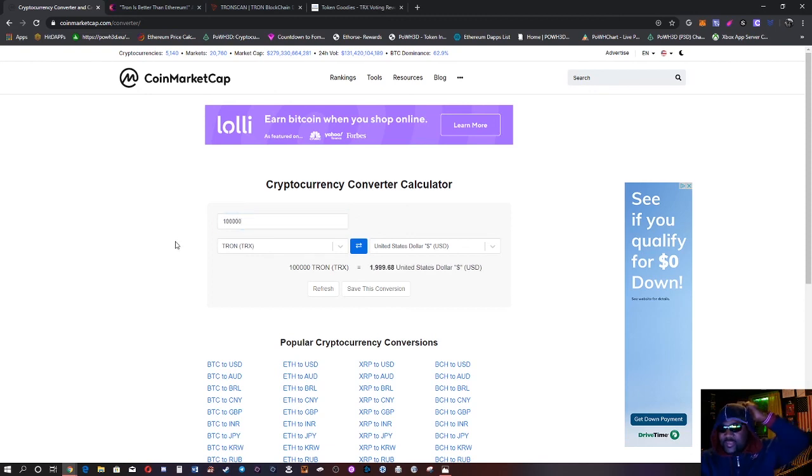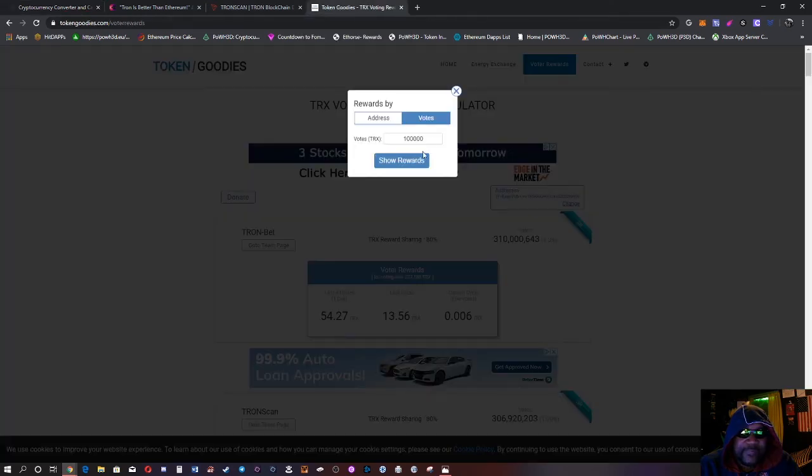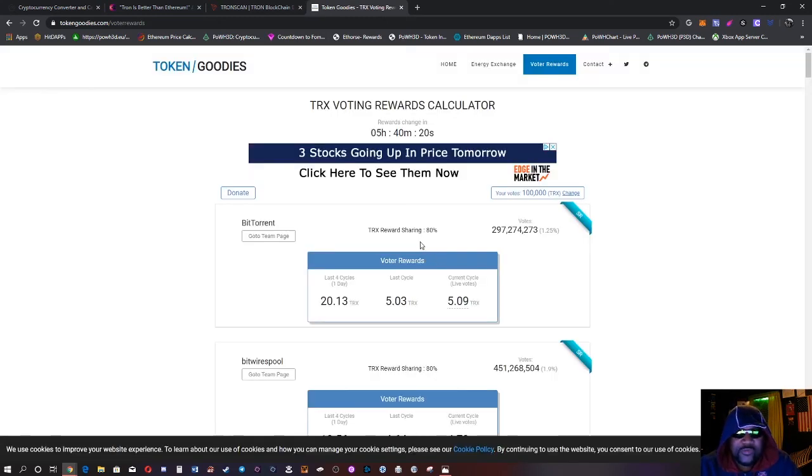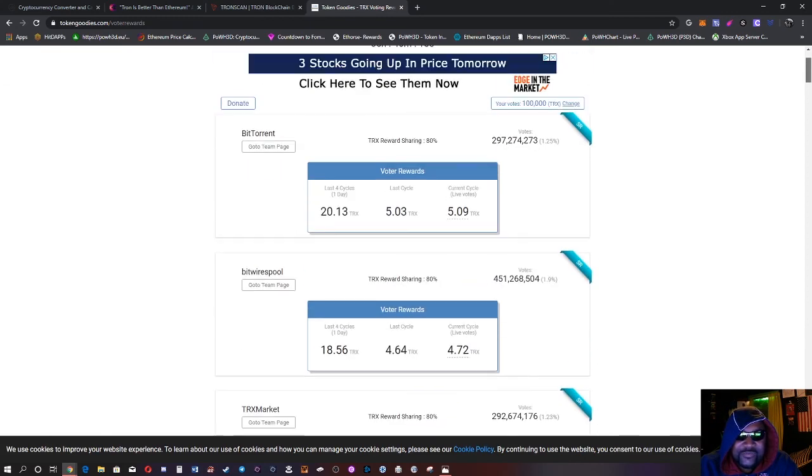Okay, so let's say you had 100,000 Tron. That'll be almost 2,000 USD. So about 2,000 USD worth of Tron, two stacks. Yeah, two stacks. So you take two stacks and you convert it into Tron. So if you look at the rewards here, what you look at here is